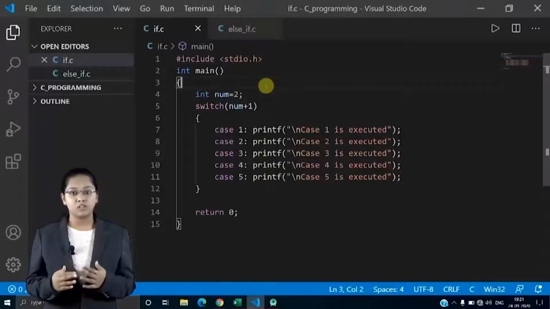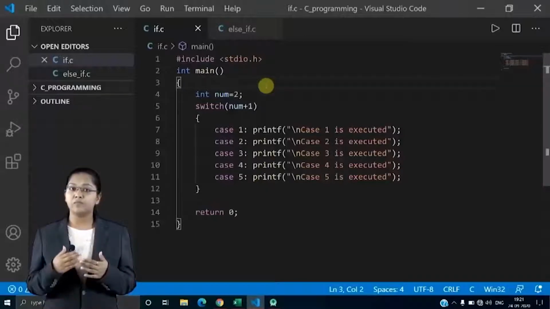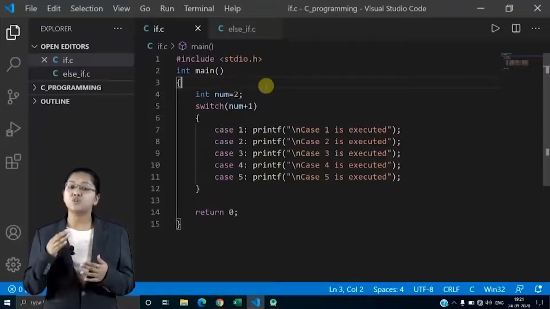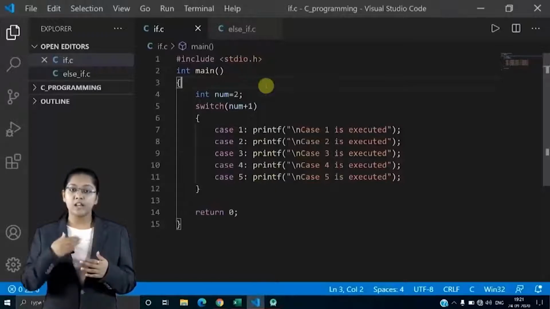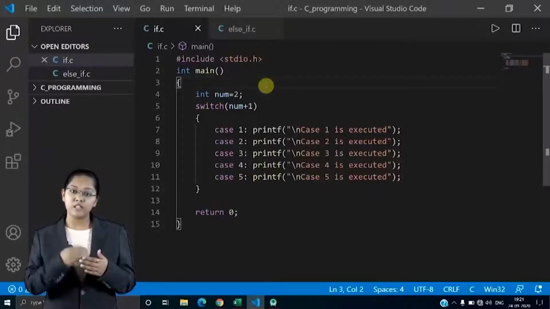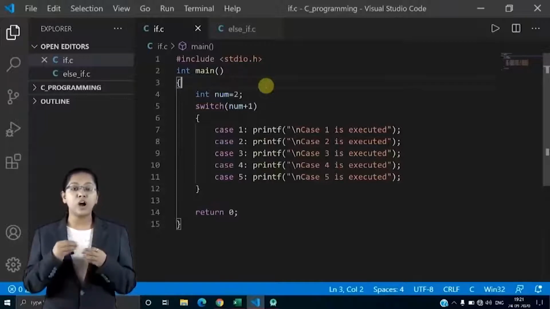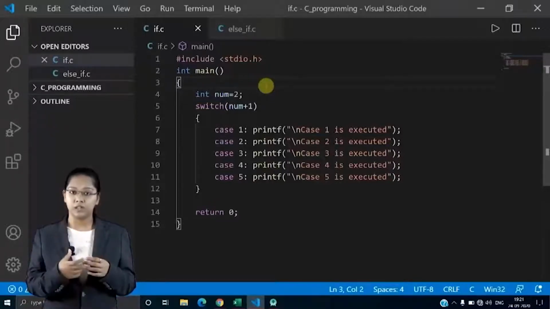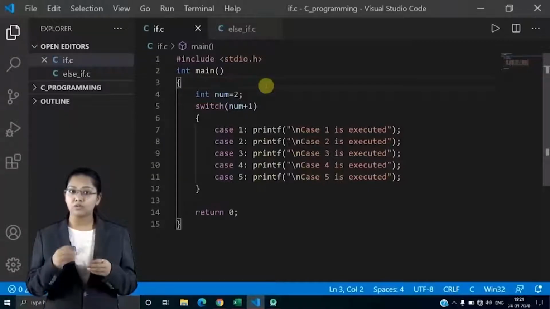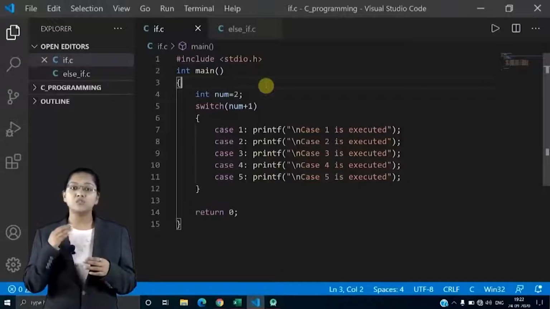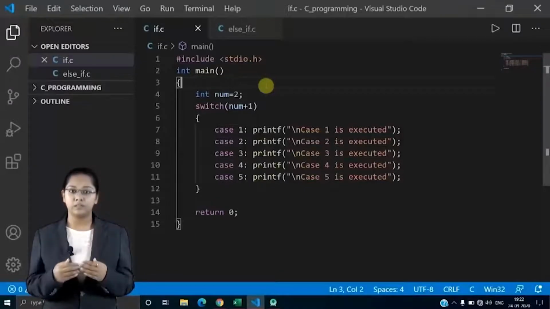1 is my constant. Remember, whenever you are giving a constant over here, it should be unique. If you have firstly written case 1, then you can't repeat that case 1 in the whole switch case. Once it is declared, then it is declared. You can't repeat that. We have studied that constants are unique. Similarly, here also I am using a constant, so that should be unique and shouldn't be repeated.